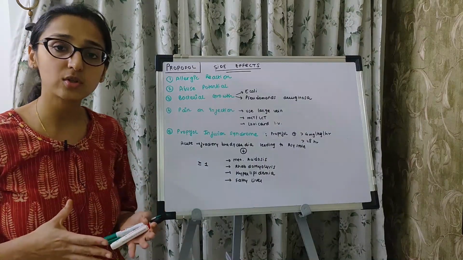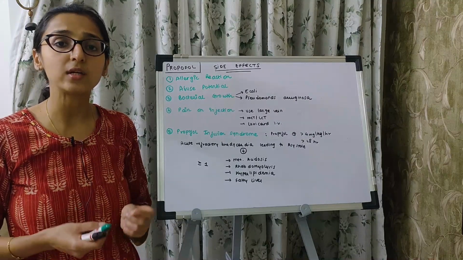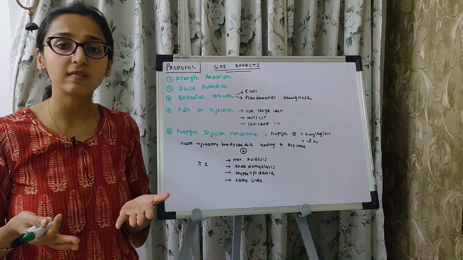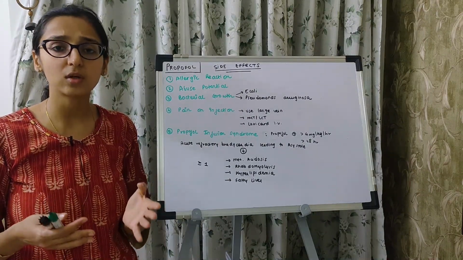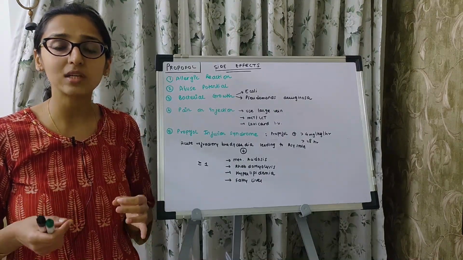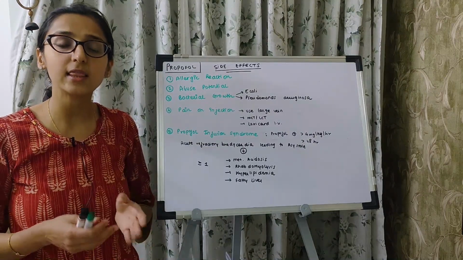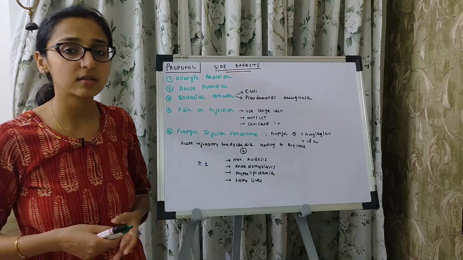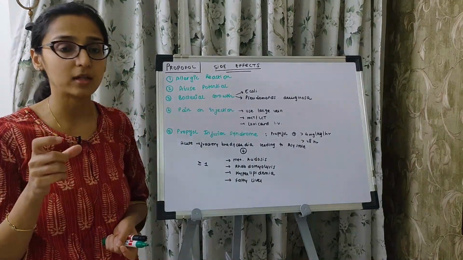Then pain on injection is another complication of propofol. So try using a wide bore IV, use the dorsum of the hand, and you can also give IV Loxicard before administering propofol. It's not advisable to mix propofol with other drugs, so do not mix propofol and Loxicard in the same syringe. Give Loxicard first and then give propofol. You can also use propofol emulsions containing medium chain triglyceride and long chain triglyceride.